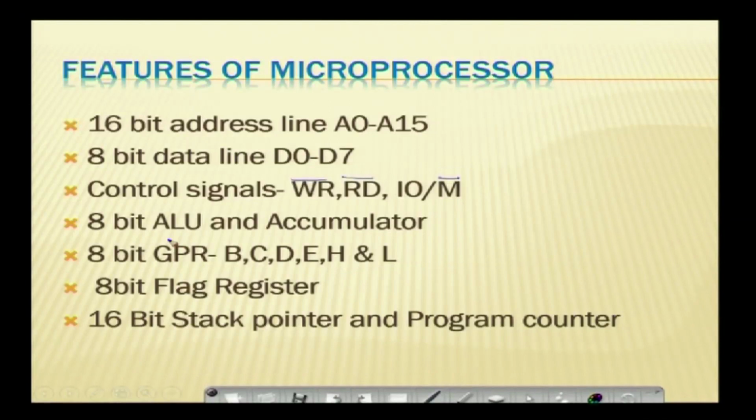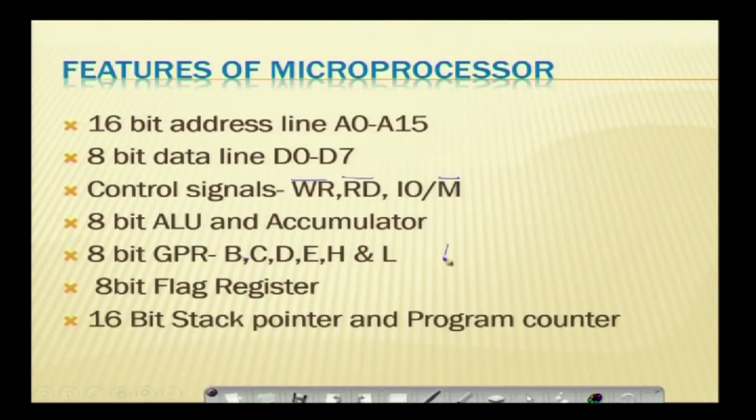And it has special purpose registers. It has 6 general purpose registers, which are B, C, D, E, H and L. These are 8-bit registers which are used for temporarily storing the data during the operations. When you want to store any 16-bit data, these registers are paired or grouped, and it is called a register pair. So, BC registers are grouped, and it is called the B register pair.